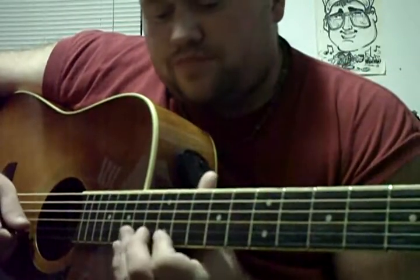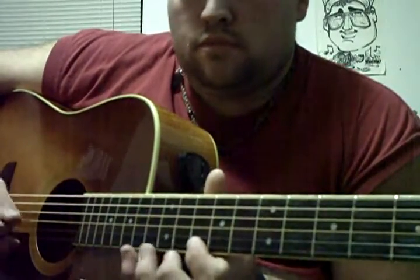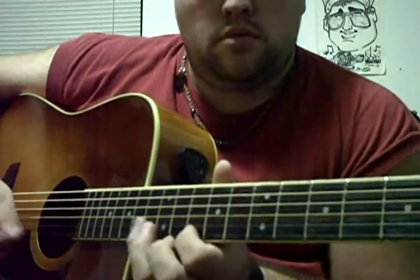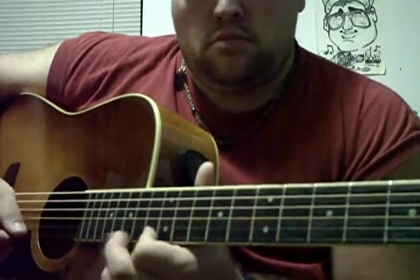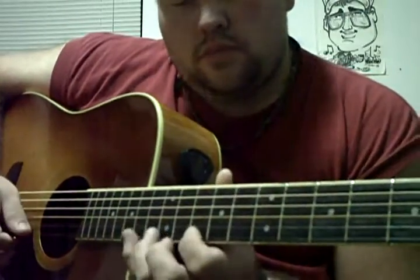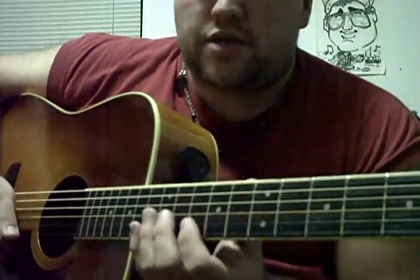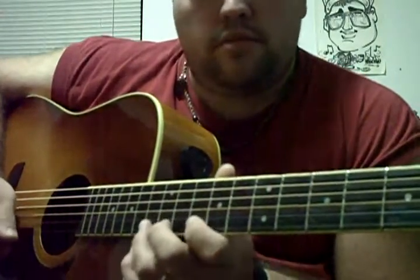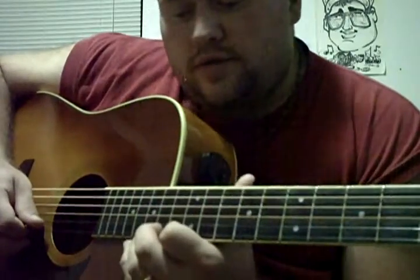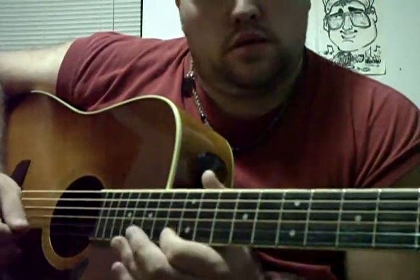Trying to figure out what scale it is anyway. Then I usually do it. Then you're up to the after the second time. 15, 13 fret on the E string. So it's